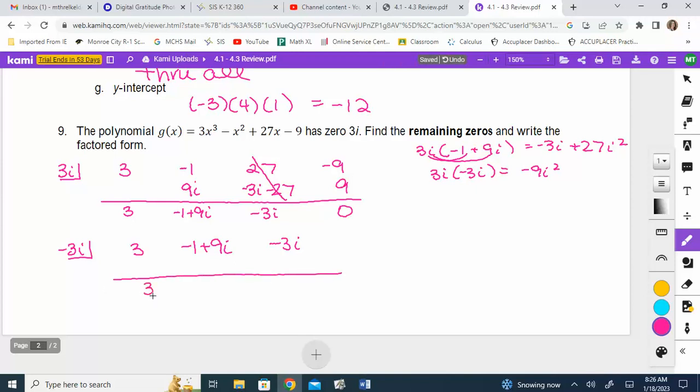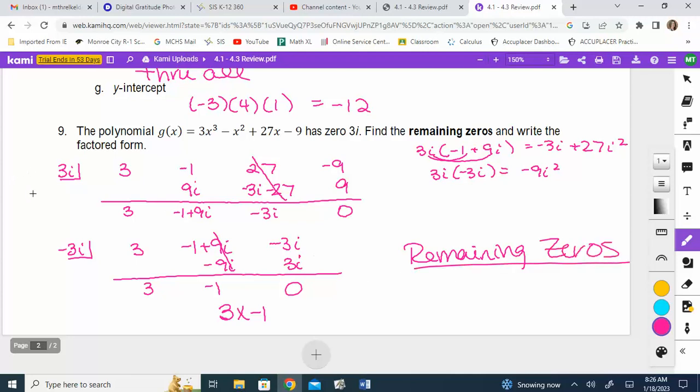So 3 comes down. 3 times negative 3i is negative 9i. That adds to negative 1. Negative 1 times negative 3i is positive 3i, and that gives me 0. So I am left with 3x minus 1. The question was the remaining 0. You don't give me the first one, I already told you, but the others were negative 3i, and what would make 3x minus 1 equal 0? Positive